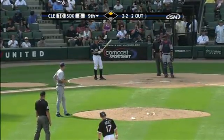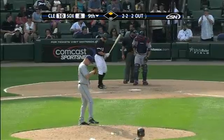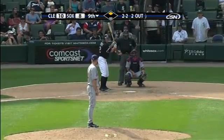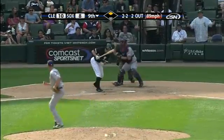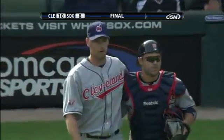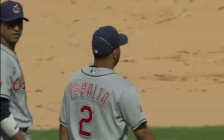Sox have given it a good go today, trailing 9-2 after 2.5 innings. Came back to get within 1 before the run in the 6th inning for Cleveland. Yes, he did. And that'll do it. So the Sox win the first two. Cleveland comes out, jumps out to that 9-2 lead, and we just tried but couldn't get there. Well, for the first time in a while, this Cleveland bullpen really was sharp today. Huff didn't have it, but